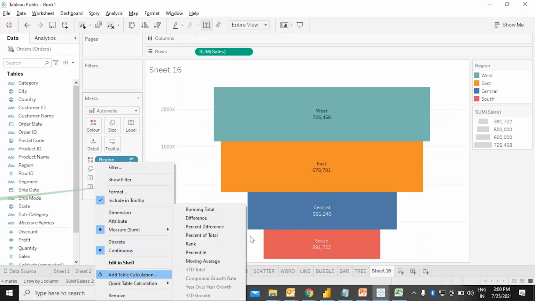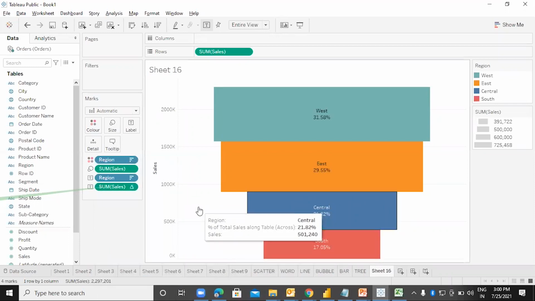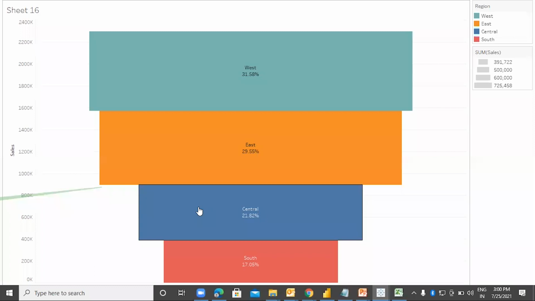Sales, quick table calculation, percentage of total. This is what we are getting over here. So here is your funnel chart. So it also indicates that the maximum sales has been generated from the western region, then we have east, central, and the minimum has been generated from the south region.